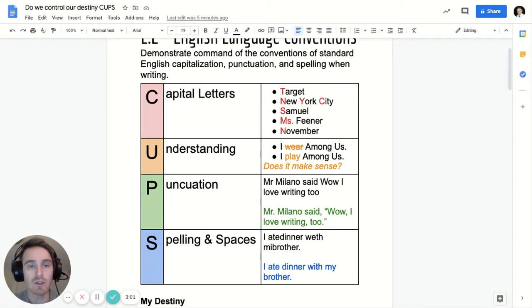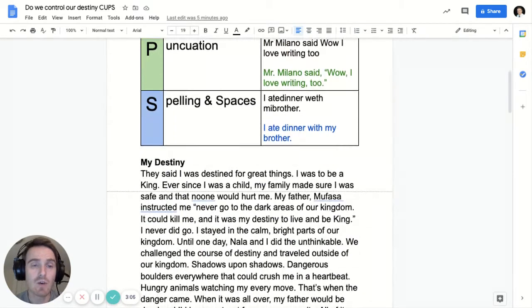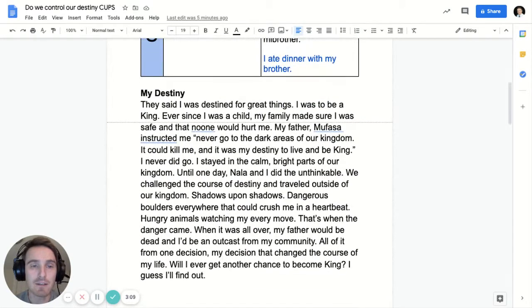So I'm just going to go into a writing that I recently did. We're talking about destiny right now. So I've written this little paragraph about destiny, and it's from the movie and the story The Lion King. I'm just going to read quickly, and what I've written here is mostly correct. If you find a mistake, that's okay, or that's awesome. But I'm just going to read this to you first. Then we'll go through how to edit. You could say that this is my final draft.